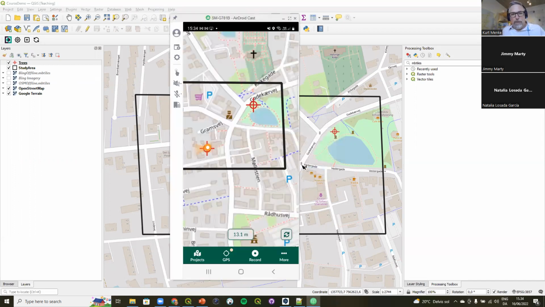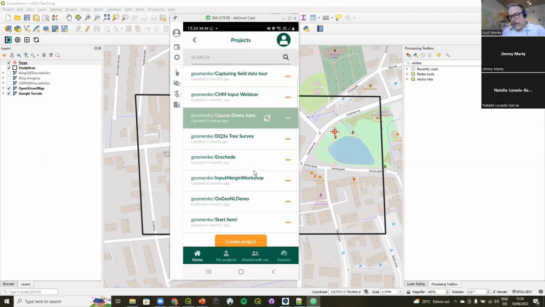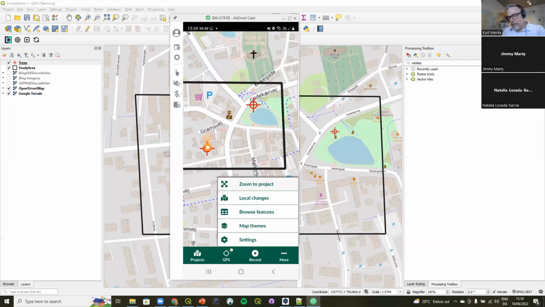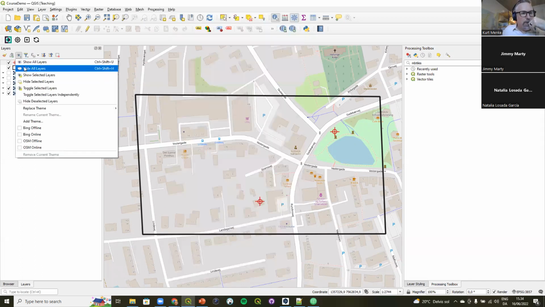And I'll bring up my phone. Synchronize it. Open the project. I don't know if I should have set up a map theme for it. Hold on, I should have, to make that easy to prove. So let me,